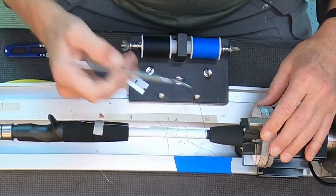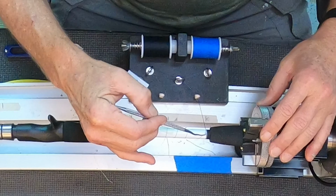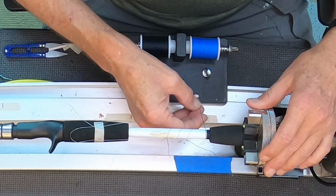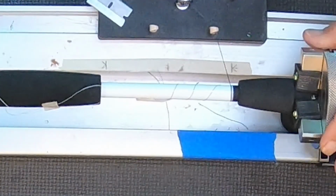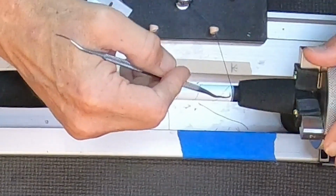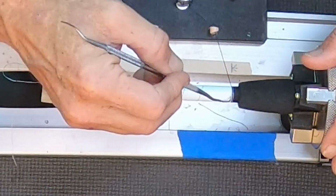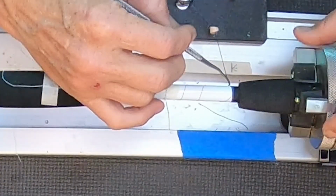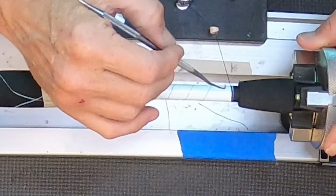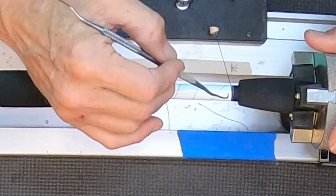And I now have the blue and the black separated, and it runs straight down, and I don't have to worry about it flipping as easily. So I'm going to tighten this up a little bit. I'll make one more turn. Blue on the inside, black on the outside. I'm going to tighten this up. That's two full turns. Blue on the inside, black on the outside. I'm going to do one more turn just to lock it down even better. Alright, now we're back to the dirty side of the blank